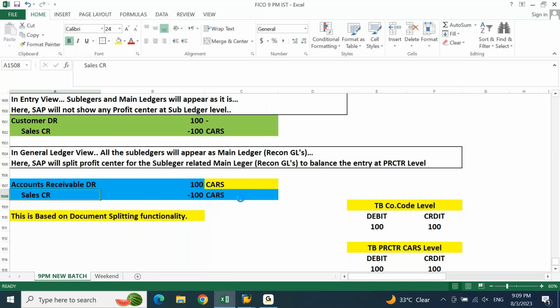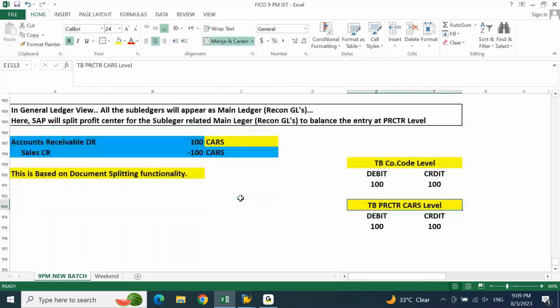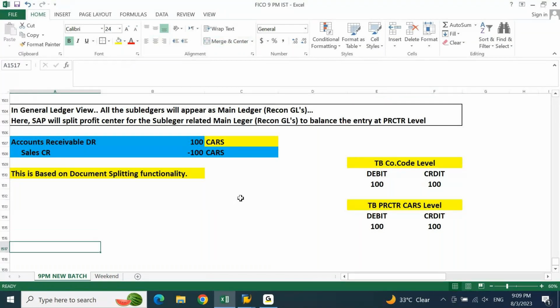Okay, so if you are able to split the entry like this, you will be able to generate the trial balance at profit center level. Otherwise, it is practically not possible for us to generate the trial balance, P&L and balance sheet at profit center level. So how is the system going to split the entry? In every entry,